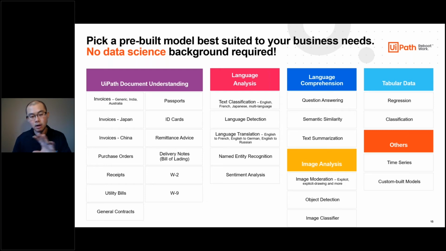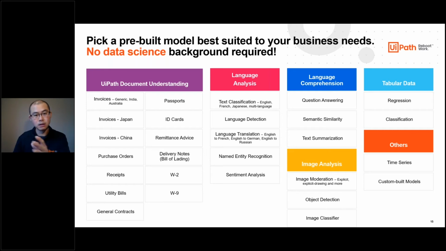These are ones that are pre-trained out of the box already with tens of thousands of samples, or you can take any of these and you can customize that for your needs. And that can be tailoring the accuracy and fine-tuning the model accuracy for the type of data that you see in production. Could be adding or removing fields that the model knows how to handle, right?